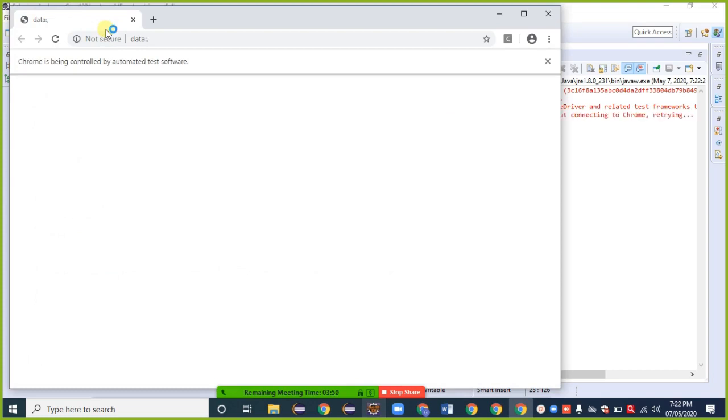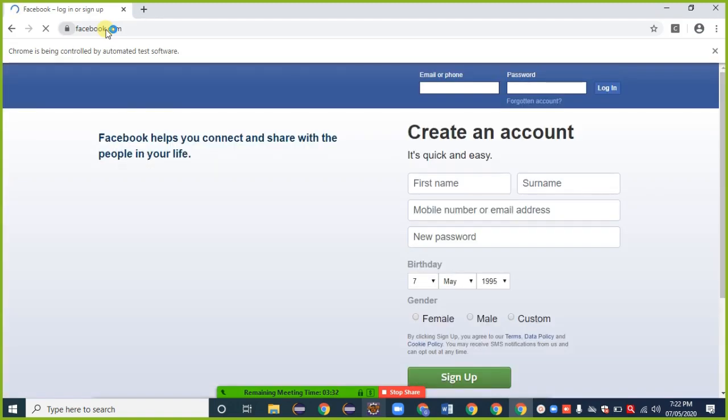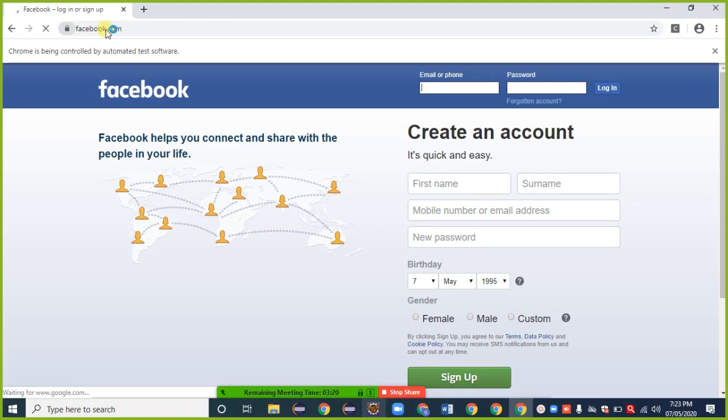Browser launch, opening URL. Check in Eclipse.